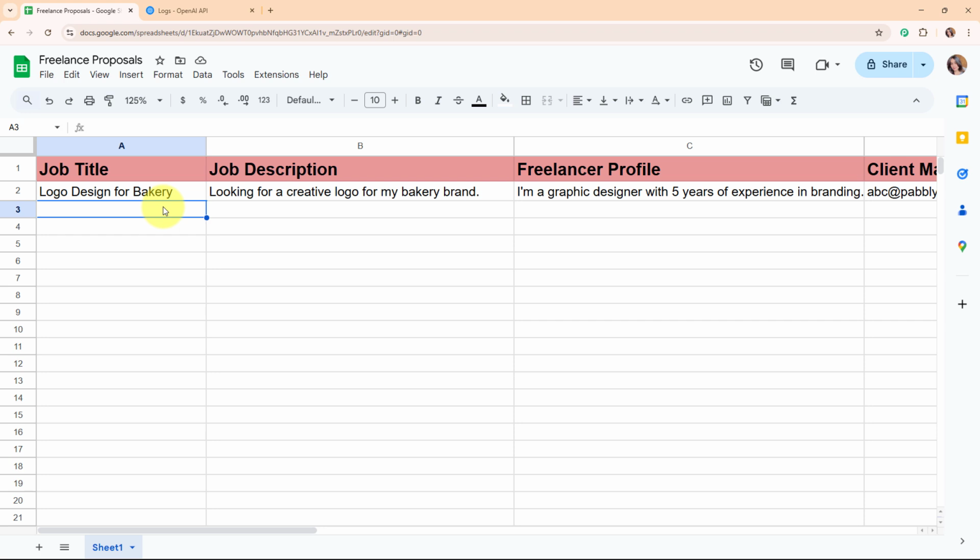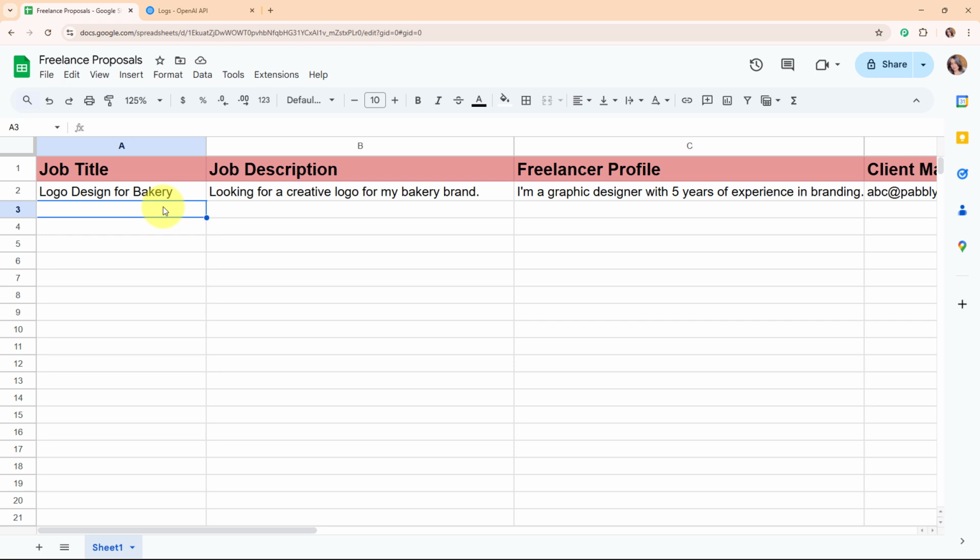That's why I started using AI agents to help me write proposals automatically. I just feed in the job details and my profile info, and the AI quickly generates a personalized, professional proposal for me. This not only saves me time but also helps me apply to more projects faster, increasing my chances of landing work. It's like having a virtual assistant that helps me stay consistent and sharp with every proposal I send.